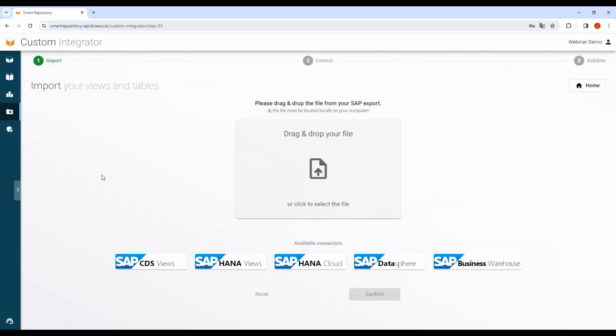All the lineage, all the detail of any view are directly calculated by the RapidViews platform, and the impact analysis, lineage, and all the detail of the customer views are directly integrated. All this functionality is automatic. It's an automatic loading.